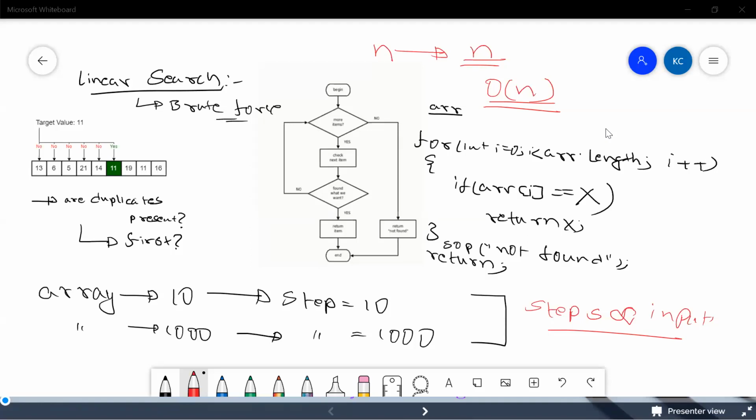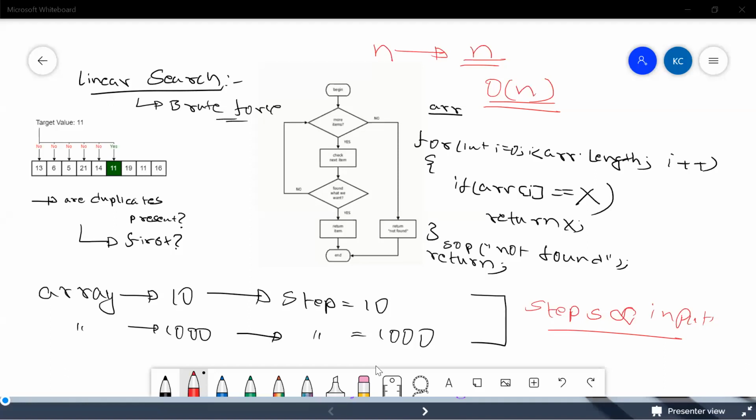You have an input which is an array of size n, and you're trying to search it. You're not having any temporary arrays or helper arrays, so it becomes an in-place algorithm. So with this, what I wanted to conclude is that linear search is nothing but moving forward one by one, step by step, until you find that element.